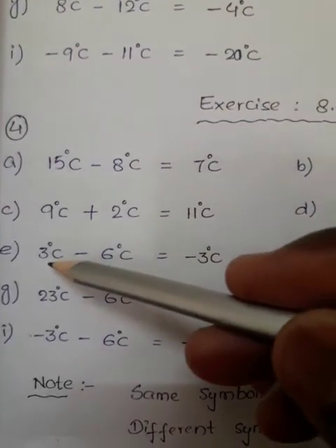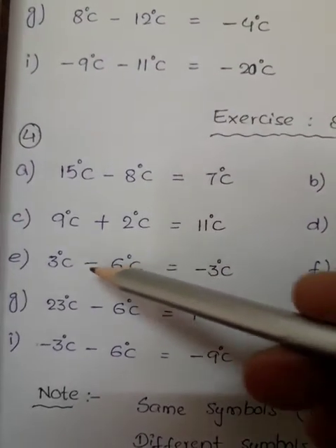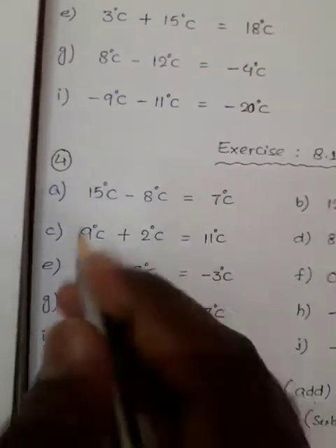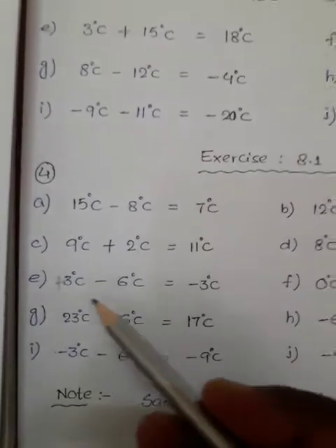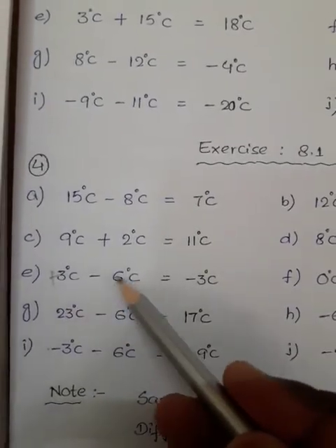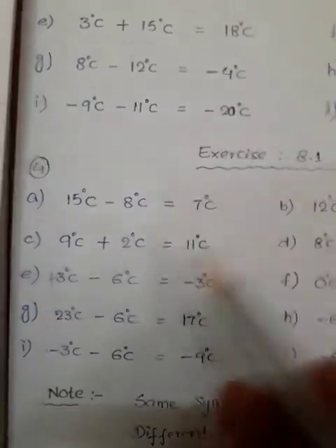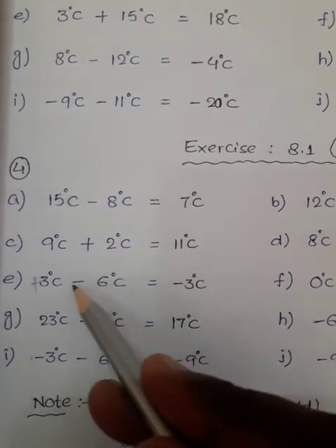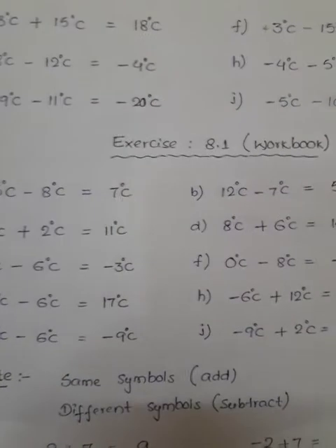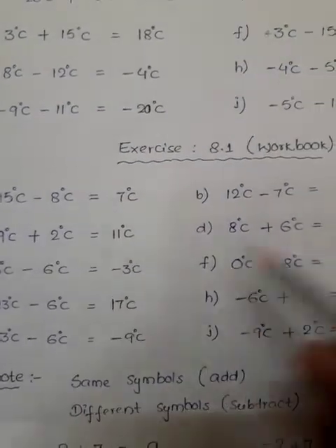The temperature is 3 degrees Celsius and falls down by 9, falls means minus. Again here, before 3 nothing means what? Nothing means every time remember positive symbol. So here 3 is positive, 6 is negative. So what happened? You have to subtract. After the subtraction, check which is the big number. So 6 is the big number, before 6 is the minus symbol, so write minus. Like this way you have to compare the remaining questions also.